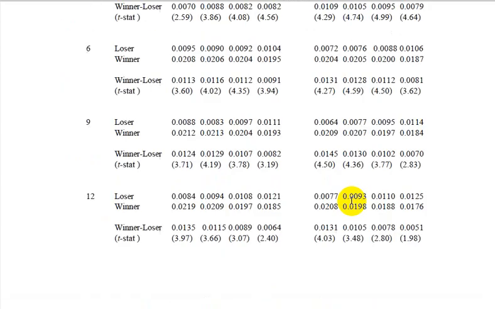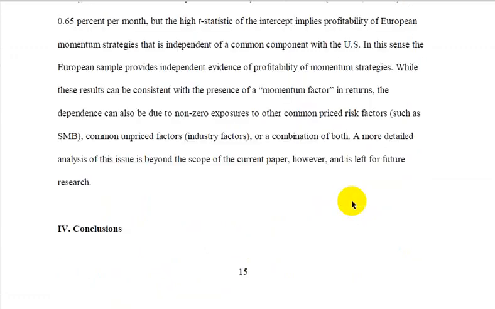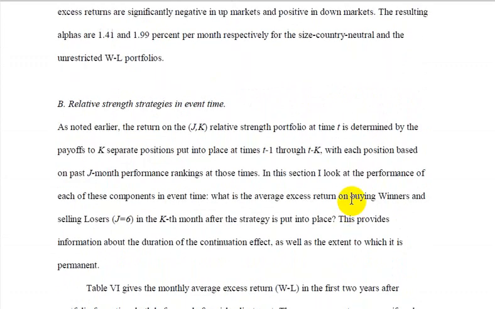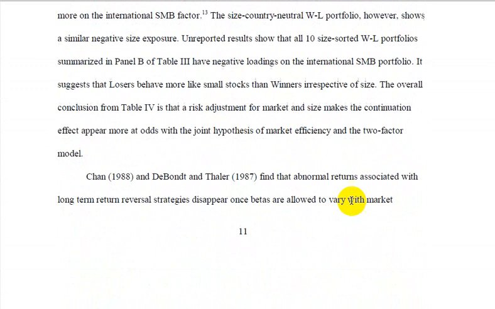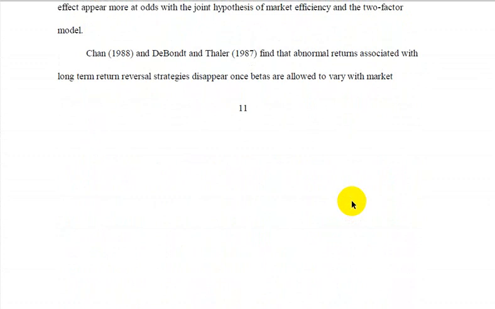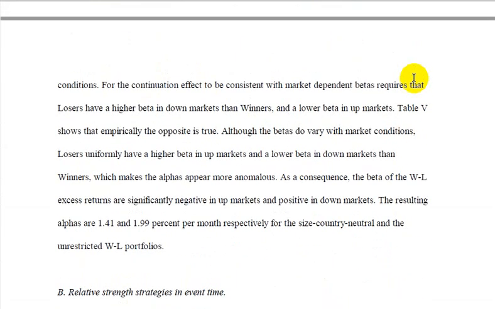Okay, so let's go back up to the discussion in this section. DeBondt and Thaler and Chan also found that abnormal returns are associated with long-term return reversal strategies that disappear once betas are allowed to vary with the market. So to think about this, in order for the return of a portfolio to be in line with the betas, then